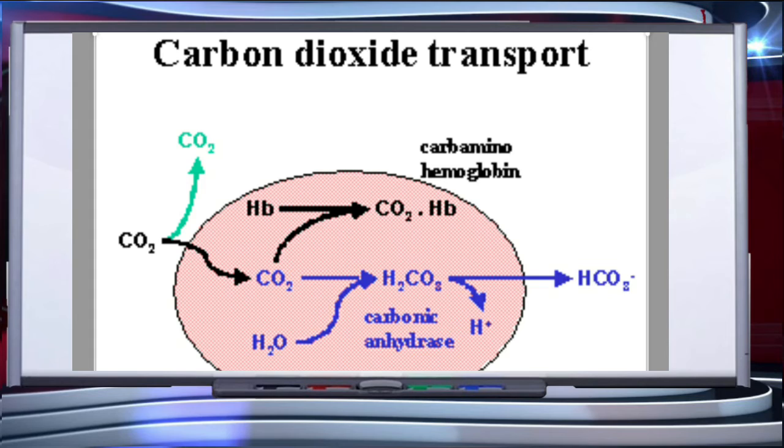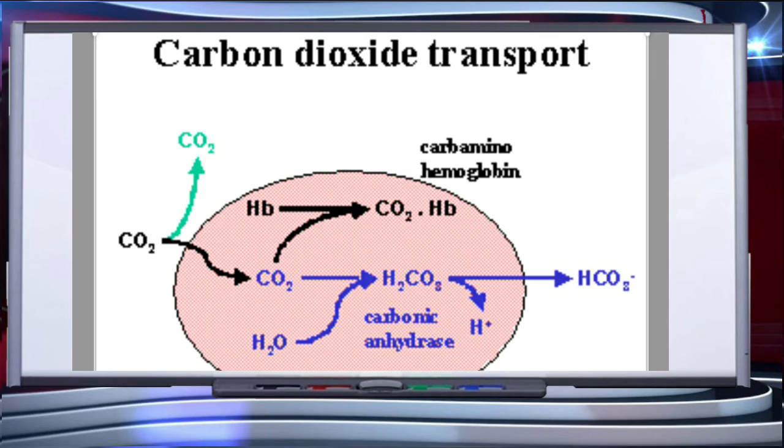When partial pressure of carbon dioxide is higher and partial pressure of oxygen is low, as in the tissues, more binding of carbon dioxide occurs, whereas when the partial pressure of carbon dioxide is low and the partial pressure of oxygen is high, as in the alveoli, dissociation of carbon dioxide from carbaminohemoglobin takes place. RBCs contain a very high concentration of the enzyme carbonic anhydrase, and minute quantities of the same is present in the plasma.